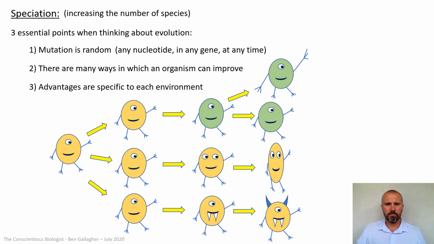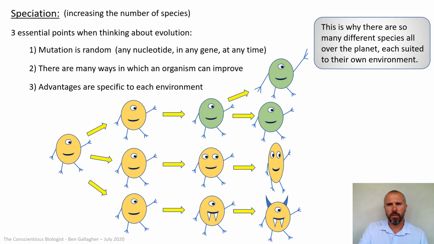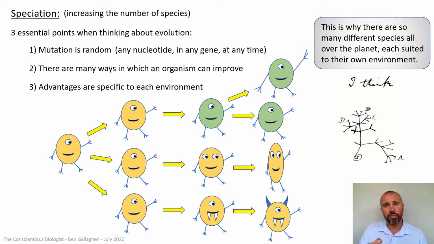Or maybe it didn't change at all and it just stayed as it was. And some of them, that last one that just came up, stayed living nearer the ground, and you got a separate species that lived in the trees. So now even in the same area, under the same selective pressures, you can diversify and have more again. But we've gone from one original to now 4 very different looking creatures just because they've changed randomly in their own environments to exploit a different way of living. This is why there are so many different species all over the planet, because they're each suited to their own